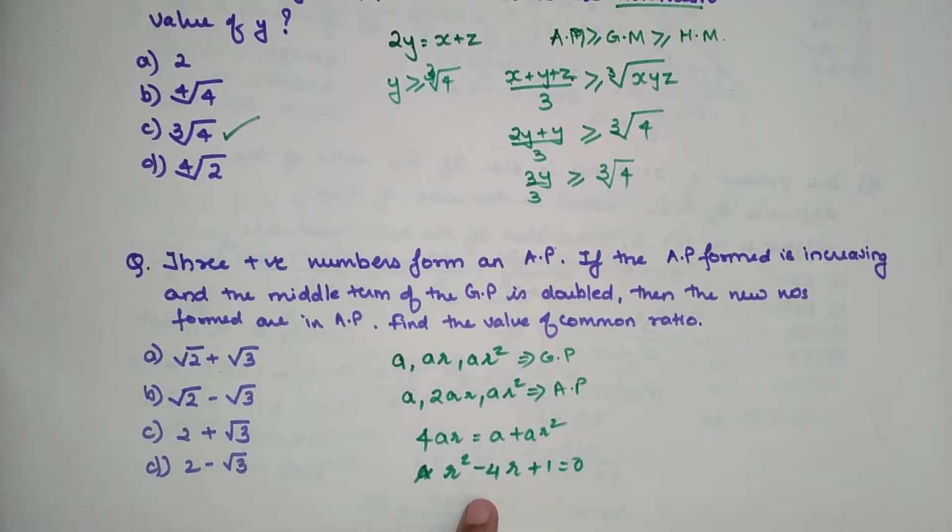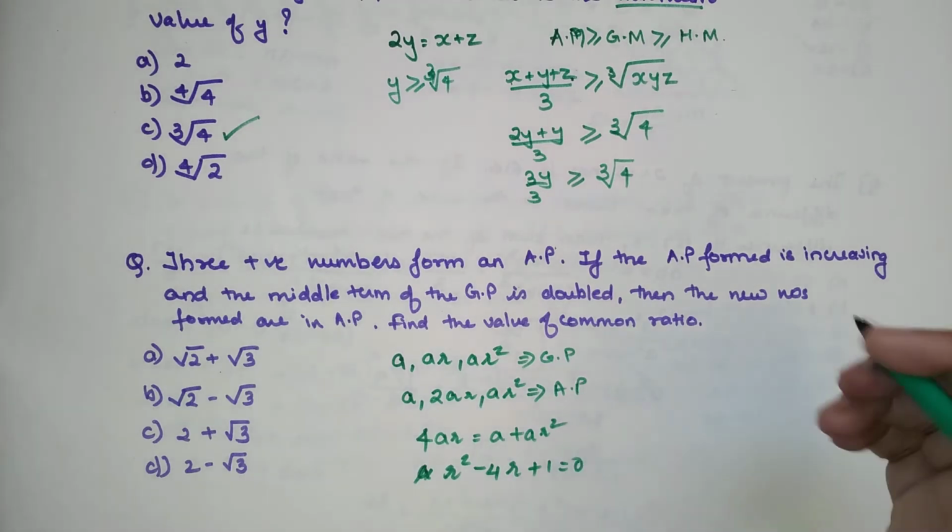Now this is a quadratic equation, and here I know that if I factorize one ahead, I won't be able to solve it with normal factors of 1. So you need to use the formula.